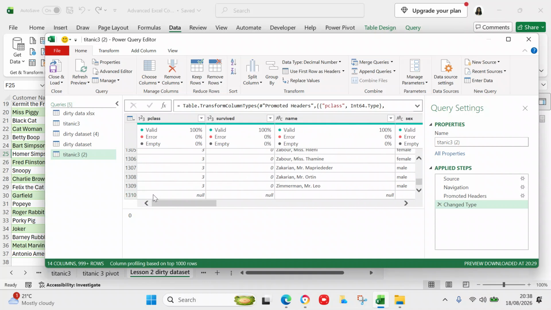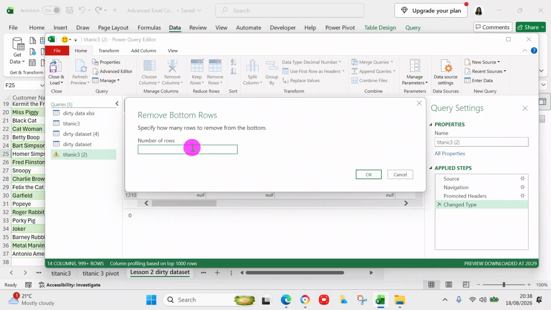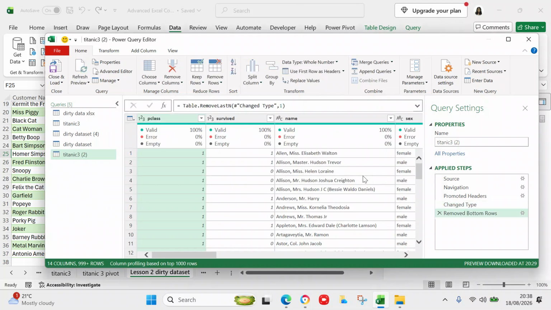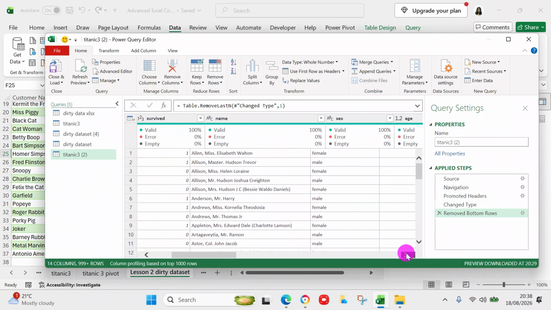So what you can do is you can say remove rows: remove top rows, remove bottom rows, remove alternate rows. You're going to say remove bottom rows, and the number of rows to remove is 1. So we're going to remove the bottom row. And then when you remove the bottom row,